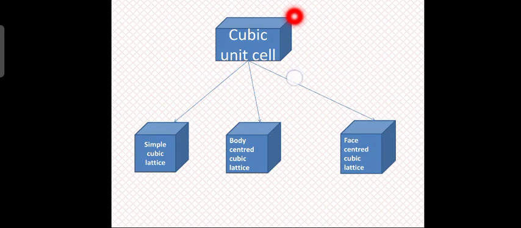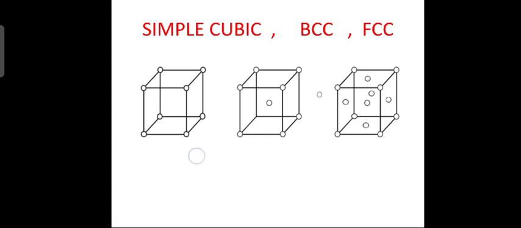Next slide, we can see the cubic unit cell. 3 different Bravais lattices: simple cubic lattice, body centered cubic lattice and face centered cubic lattice, okay. Next slide, simple cubic. The first diagram is the simple cubic structure, okay. This is simple cubic, this is body centered, this is face centered. Now, what is the difference between the 3? Simple cubic has lattice points only at the corners, you can see here, 1, 2, 3, 4, on the other side also 1, 2, 3, 4, okay, 8 lattice points. That means at these lattice points ions, atoms or molecules are present, okay. So, this is called simple cubic.